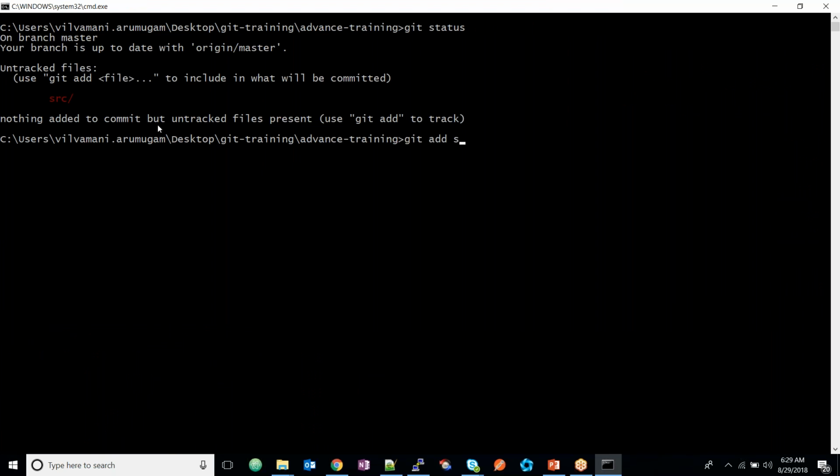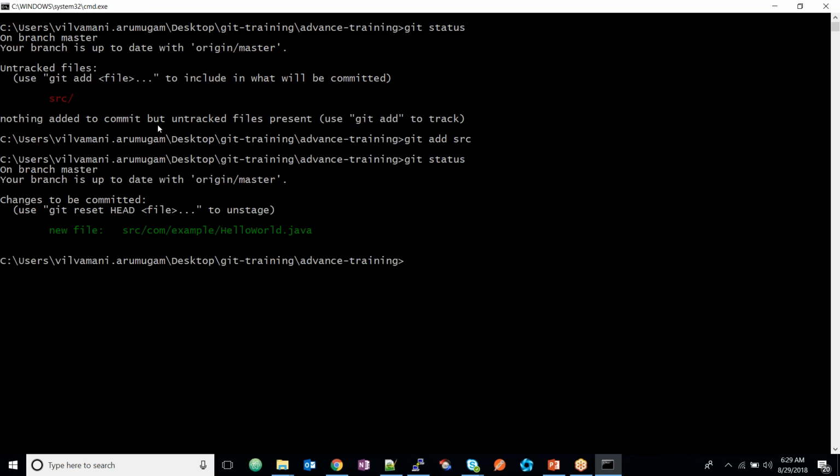I'm adding it with git add src. Okay, I can add it. I can add the full folder, or I can give it at the file level also. As of now, I can give the folder since I have only one file. It's added. Again, I'm checking the status. Now it's added, so I'm giving git commit